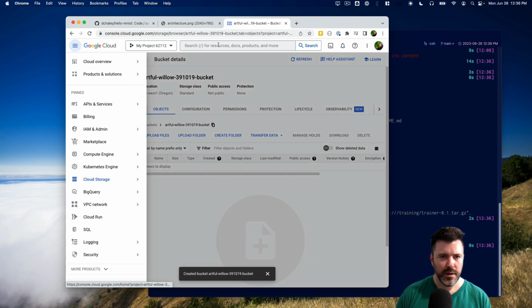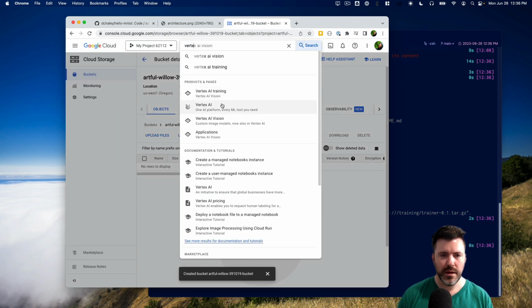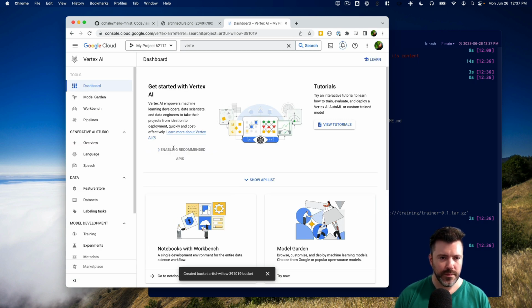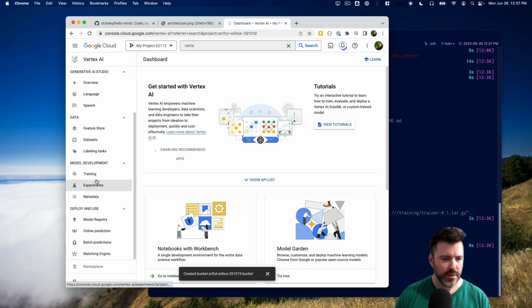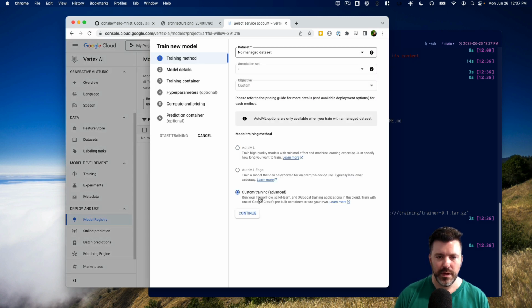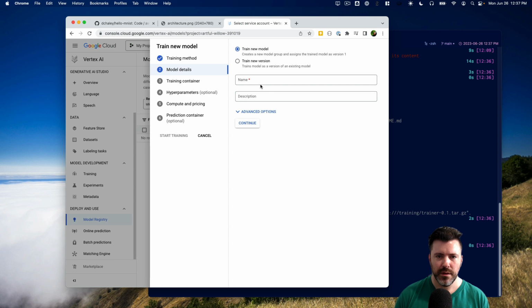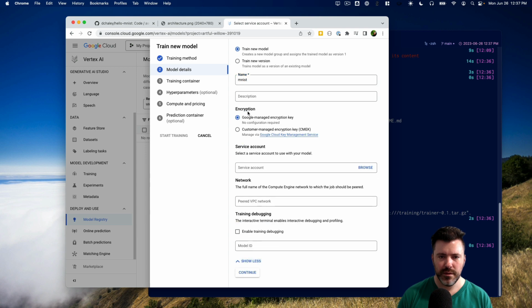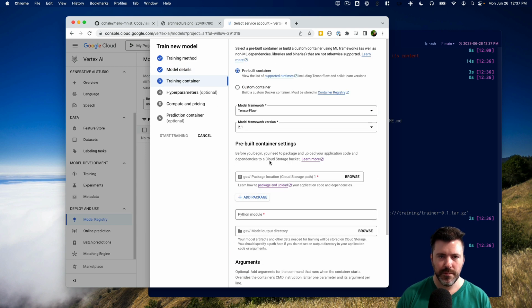So let's come over here. Actually, let's do it here. Vertex AI. There it is. Okay, let's enable it. While that's happening, let's come over to models. We'll create one with a custom training method. That's going to be our Python code. So we'll just call the model MNIST, train new model. That's fine. What's here? We don't need to do anything there. Okay, TensorFlow 2.1. Okay, so this is our